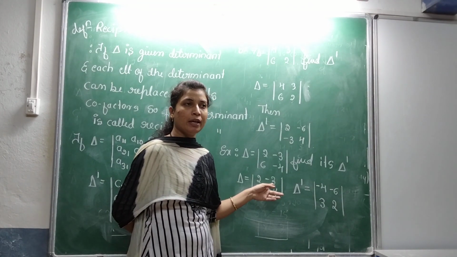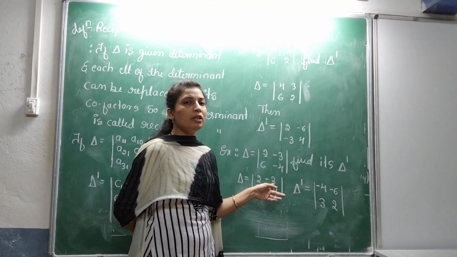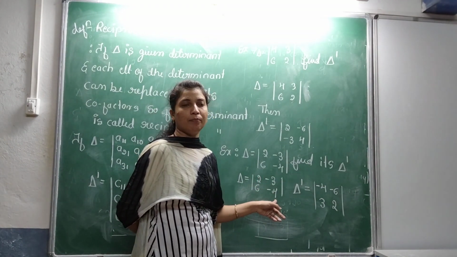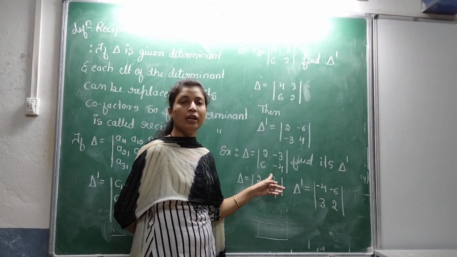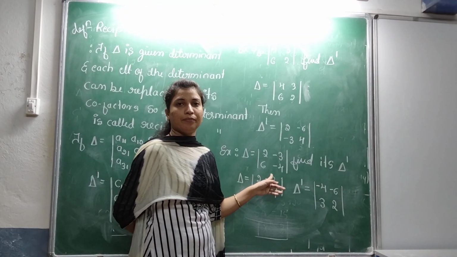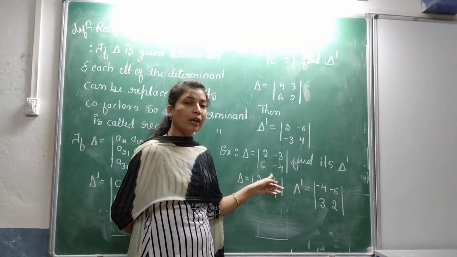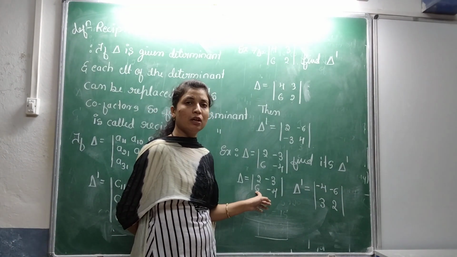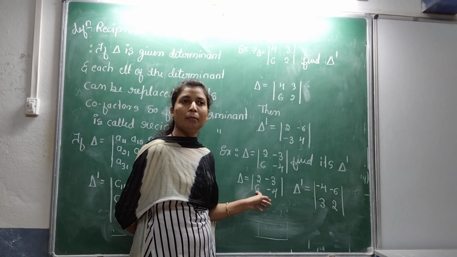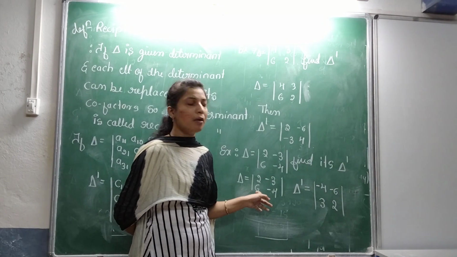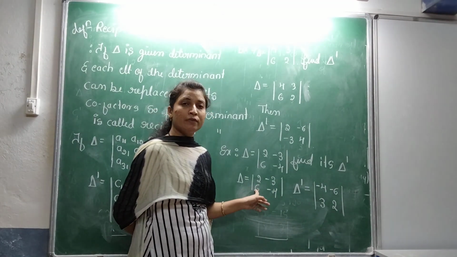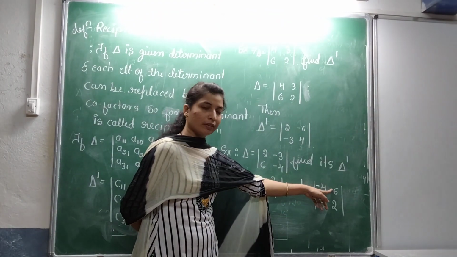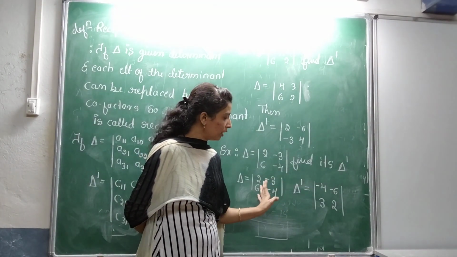Minus 3 can be written as minus 1 first row second column, minus 1 whole to the power 3. Leaving this row and this column, the remaining element is 6. So we get minus 1 to the power odd number means it is minus, into minus 1 into 6, it is minus 6. Okay. So similarly these two elements.